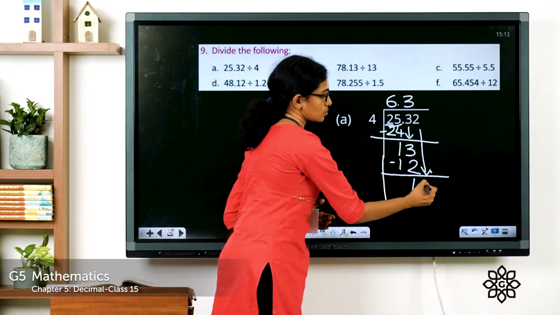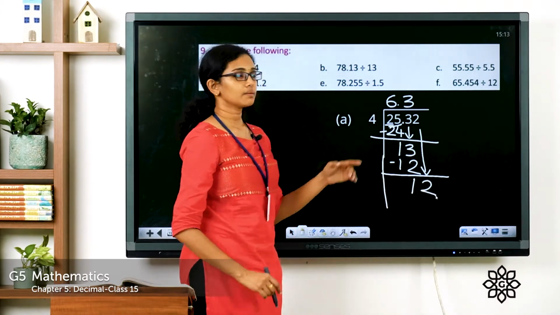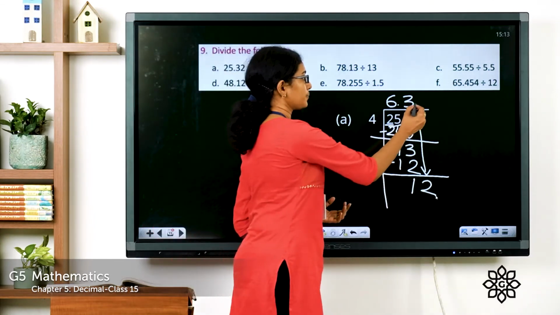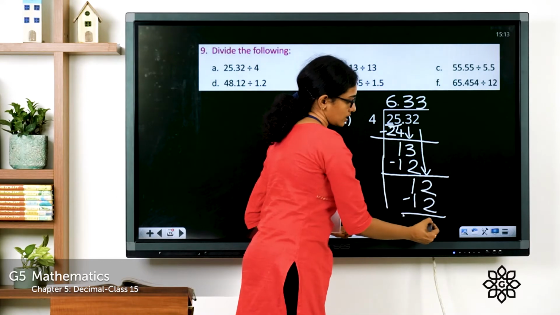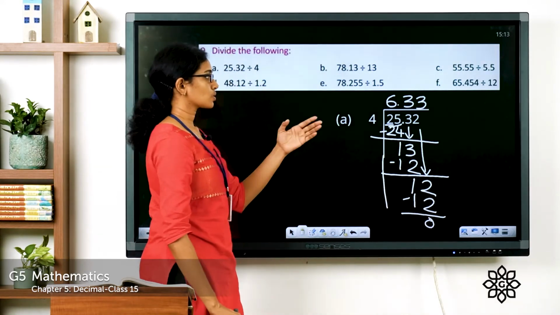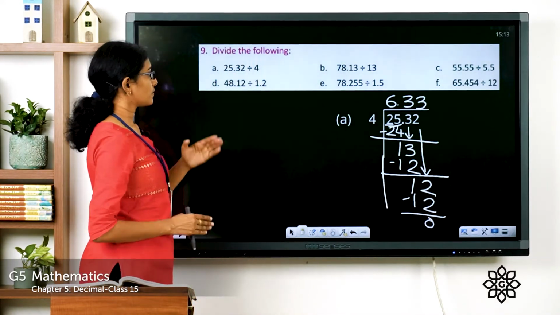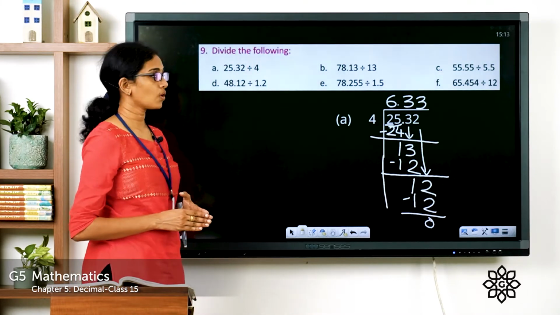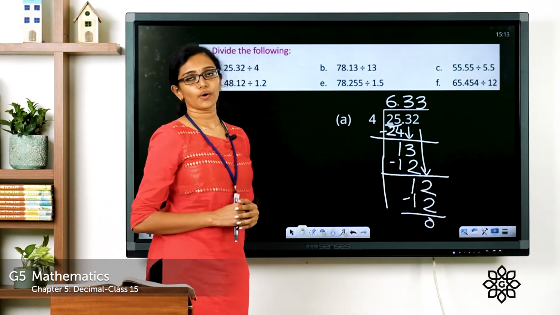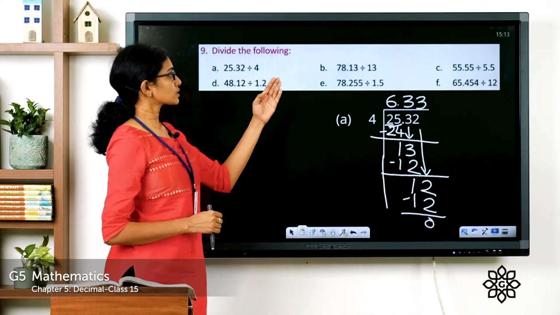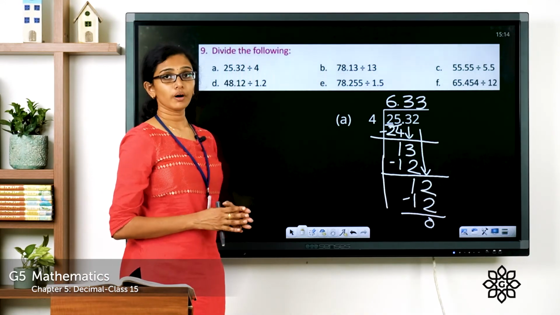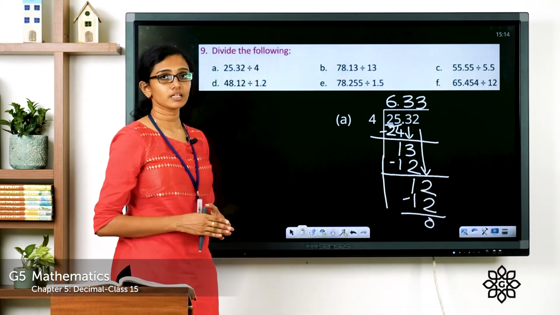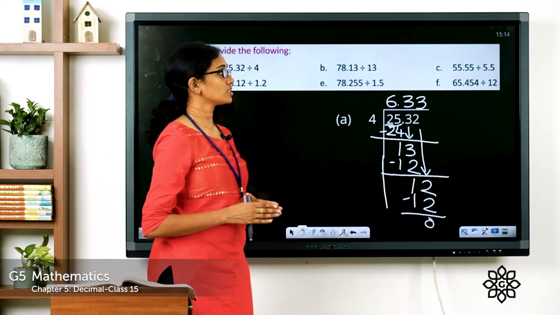Bringing down the next digit, we get 12 here. 12 divided by 4 is equal to 3. Let's write 12 here. 4 3s. Subtracting, you get 0. So what is the quotient? 25.32 divided by 4 is equal to 6.33. Now the next question is also the division of a decimal number by a whole number, which you can do in the same method. Now question number 3 or C,